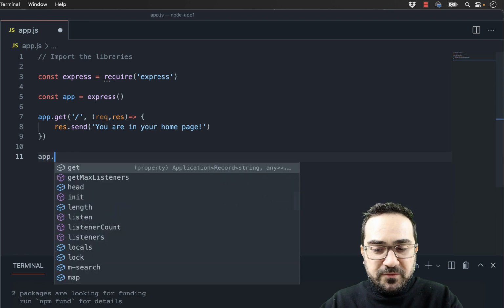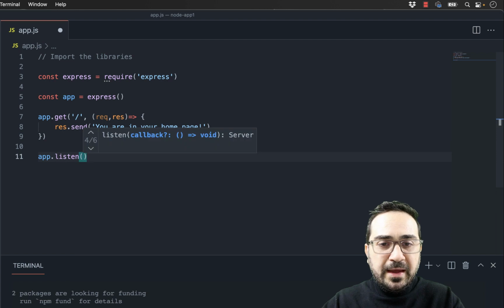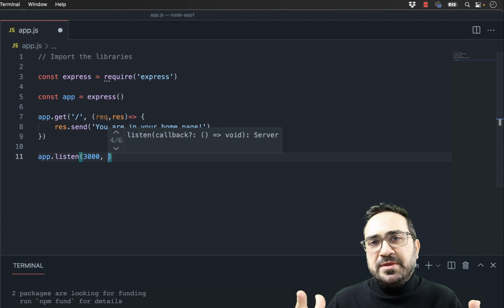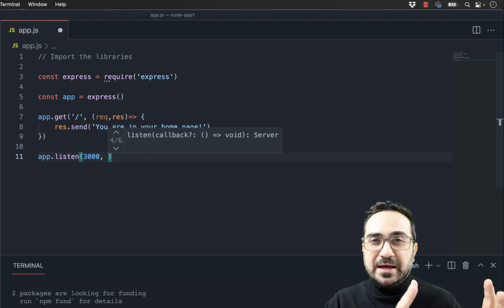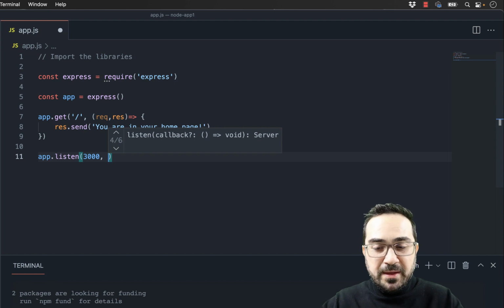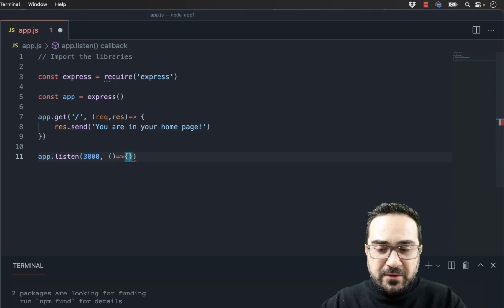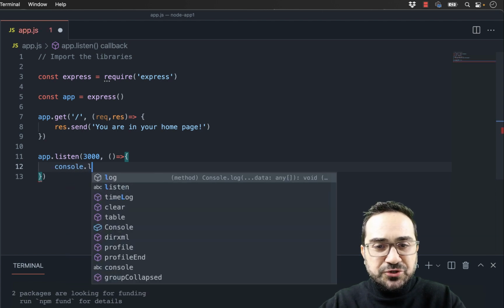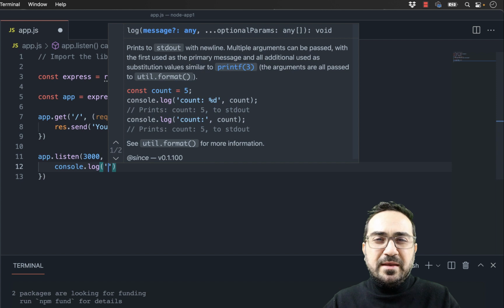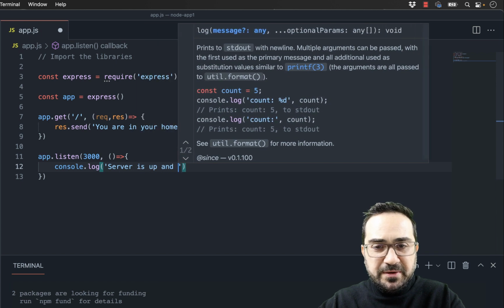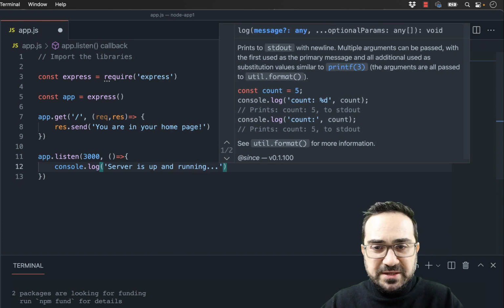The final step is to create a server, and I say, my server listens at port 3000. For example, the Apache server we said last time listens at port 80. This service will listen at port 3000. And then here I will just have a callback in my listen, and I will just write in the console. Don't worry, this is just an example to show here in my console: the server is up and running. So it's just a message that I want to see, just to make sure that my server is up and running.